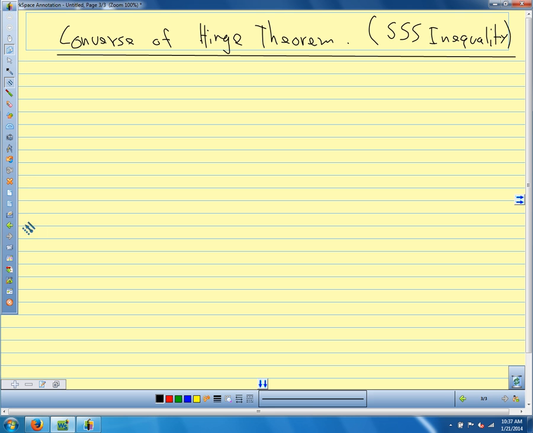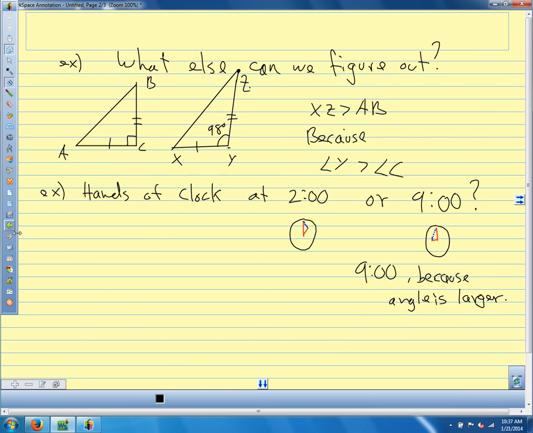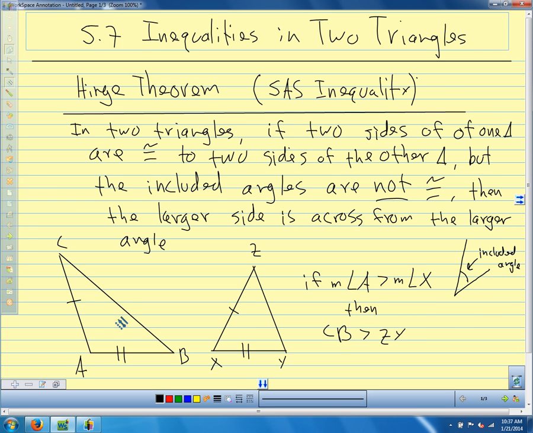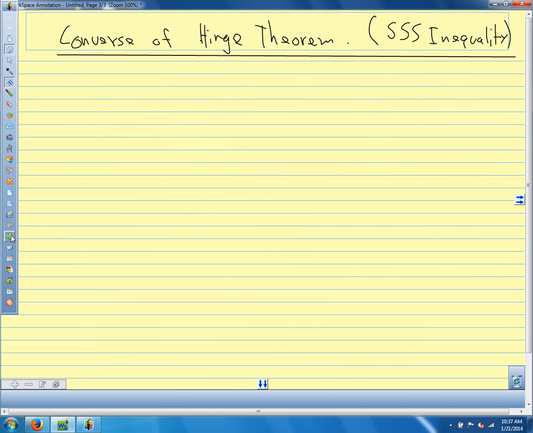So all we're doing for the converse of the Hinge theorem is turning around what we say about the triangle. For the Hinge theorem, we knew about the sides, we knew about the angles, how big the angles were compared to each other, and we can figure out about the sides. The converse is we know about the sides and we can figure out about the angles. So we're going to say for the converse in two triangles,